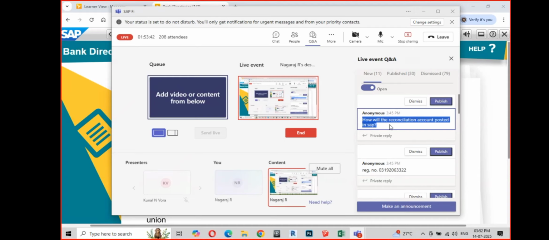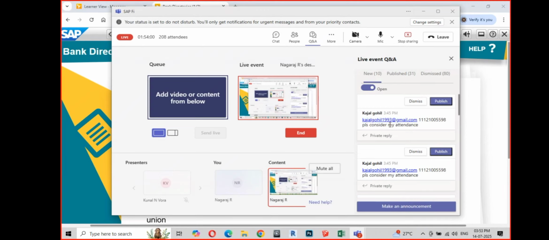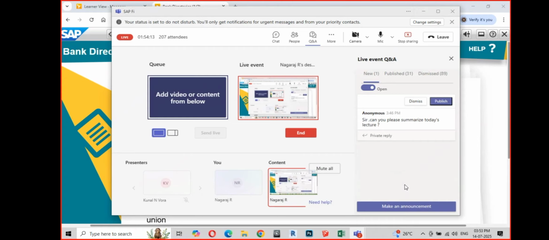So your reconciliation account is basically used for these purposes, and for all the transactions, this GL account should be doing it automatically. There is no concept of you using the reconciliation account manually. SAP will never allow you to do it. Once you have created it,